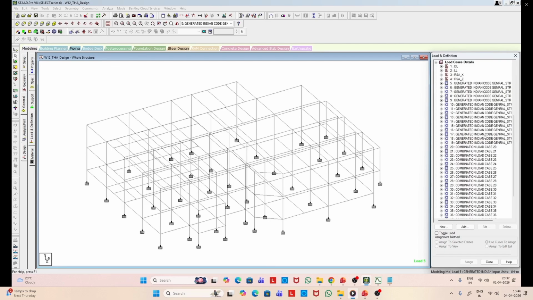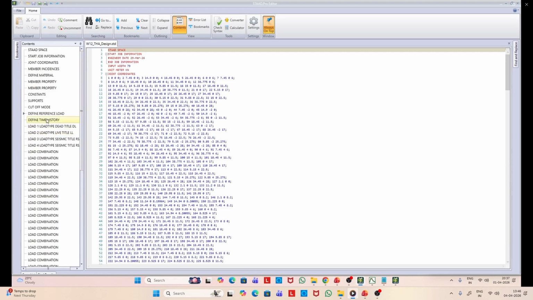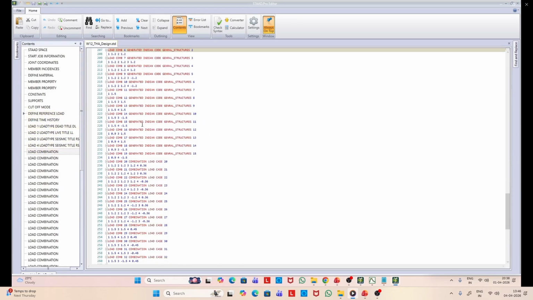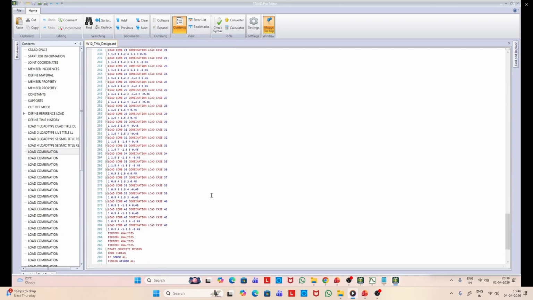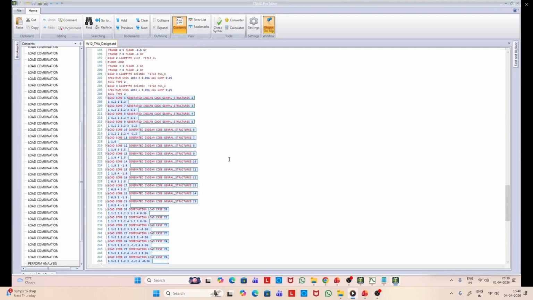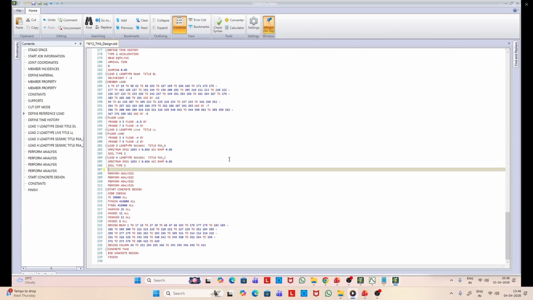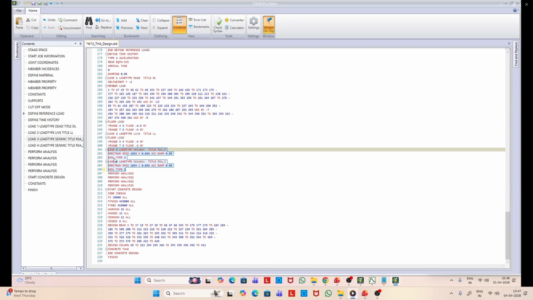And we have these load combinations earlier selected. So let us delete that. Today we are going to do a time history analysis and see the time history response of the structure. Design has already been done. So let us delete these load cases. There are two response spectrum analysis load cases. Let us also delete them.